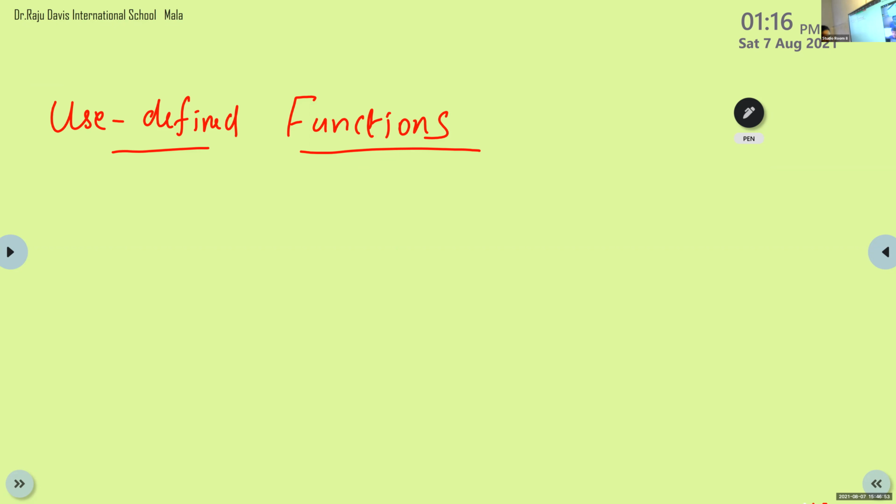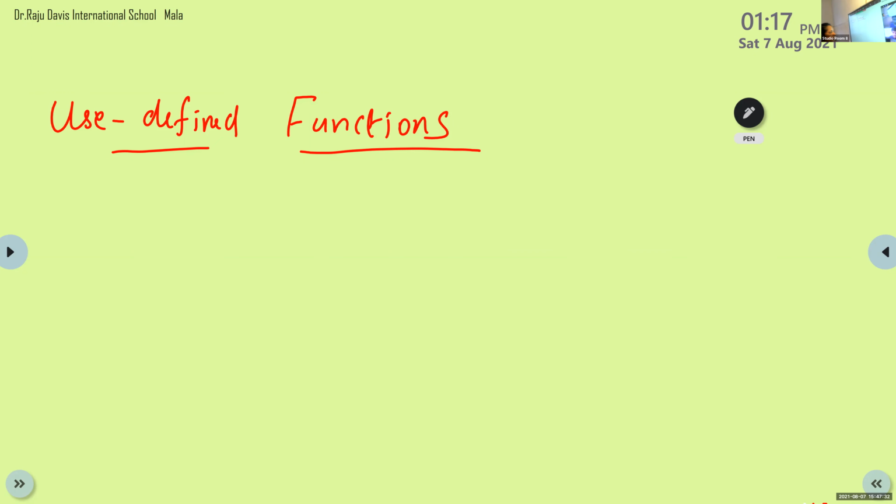Function is a group of statements that exist within a program for the purpose of performing a specific task.